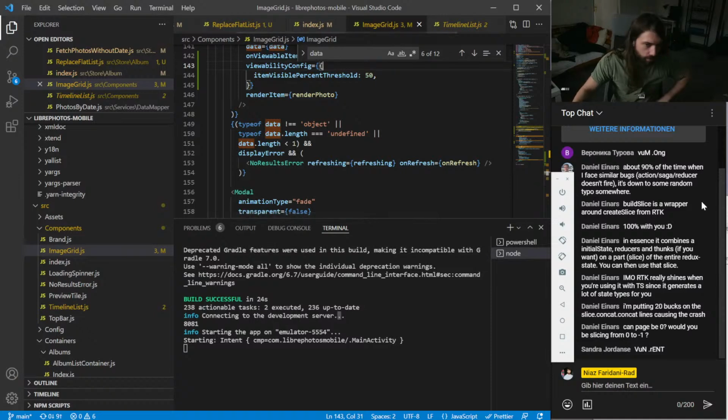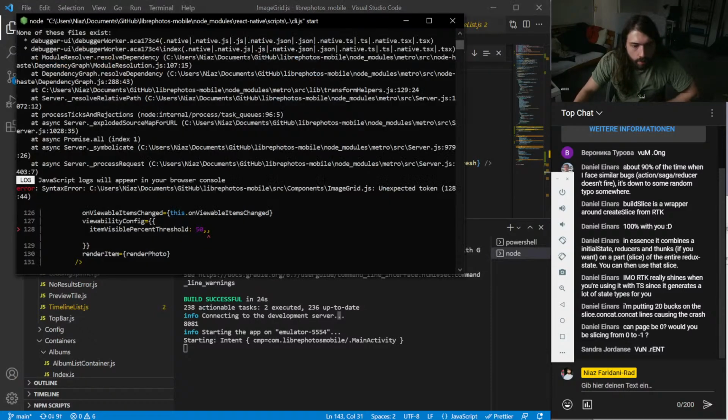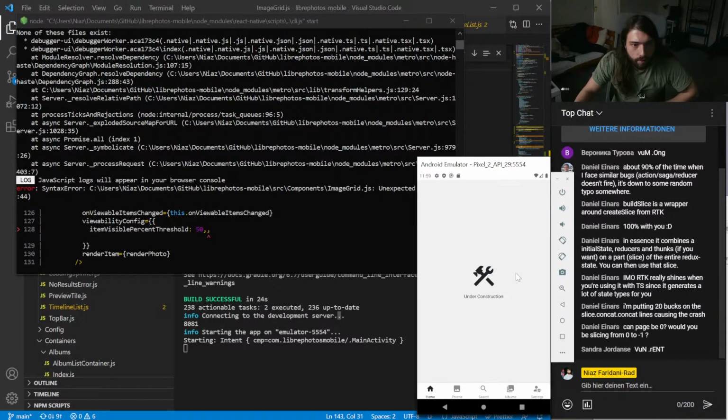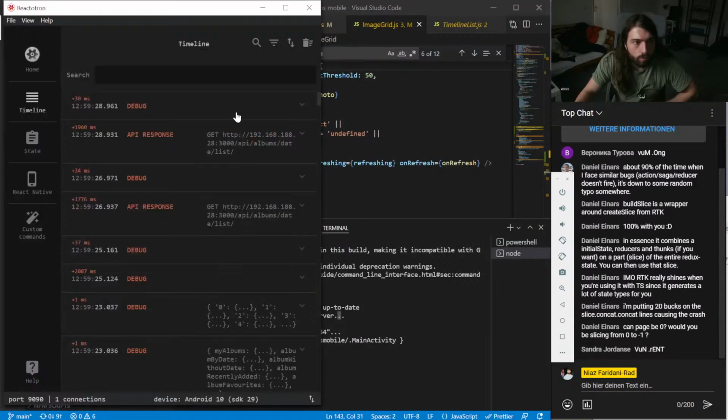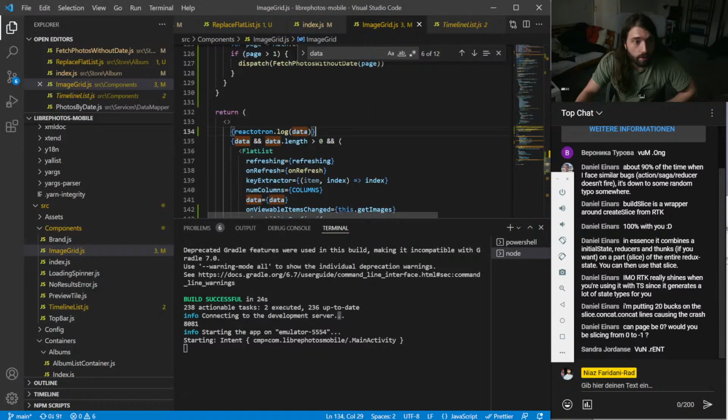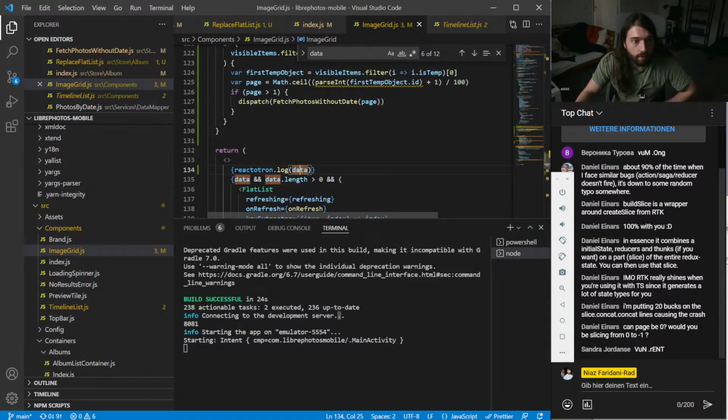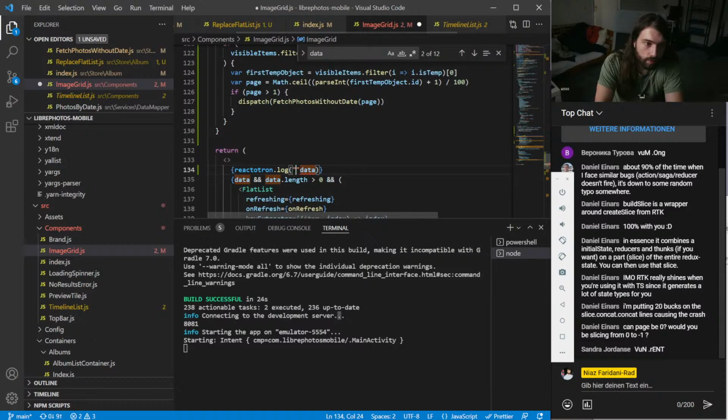I think the server should work again. So get just empty debug things. That's interesting. So let's hello.